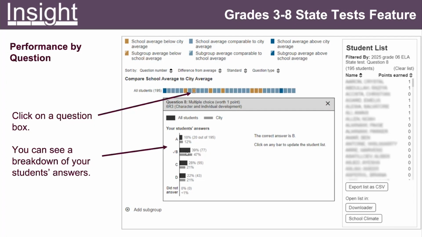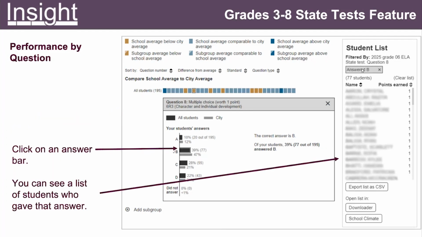This chart is also clickable. The way you click it is you move your mouse over any of the dark bars. And if you click, it will tell you which students selected answer B, or the students who selected answer C or answer D. Again, you can export the list or even create a custom group, which I will talk about in a little bit, to help you tier your support or really think about what support a certain group of students might need.